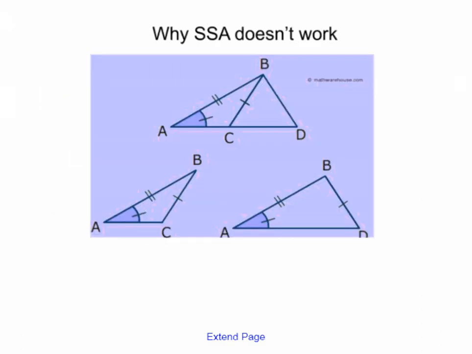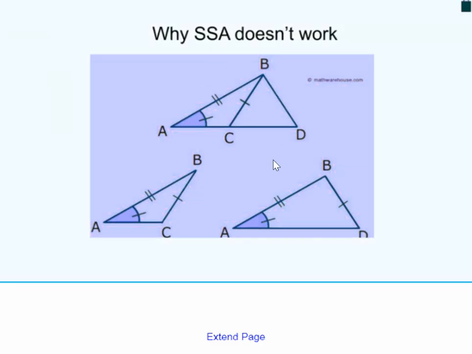There's another way. You should be noting that we're listing 3 sides, or 3 parts. You could say side-side-angle, but this doesn't work. The reason it doesn't work is because I can make 2 different triangles. If I have a known angle and 2 known sides, I could take this side and make it go out here, where this is an obtuse angle